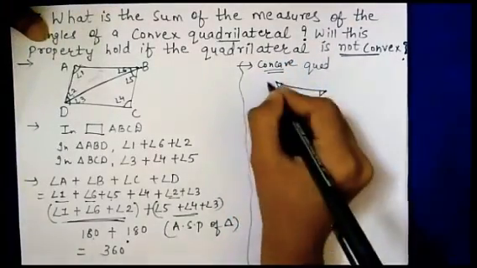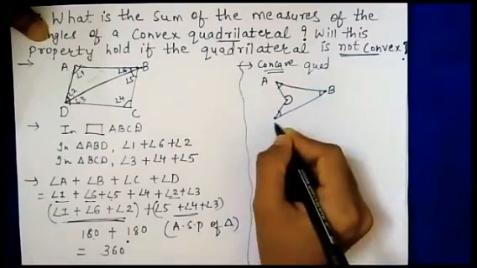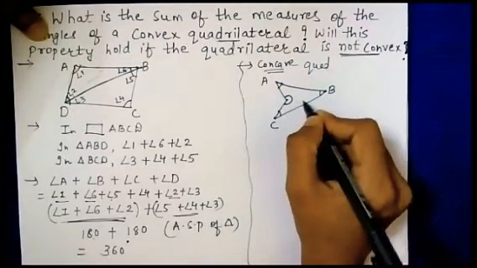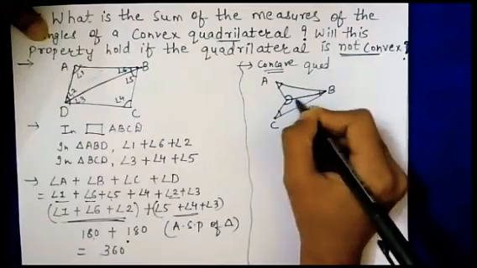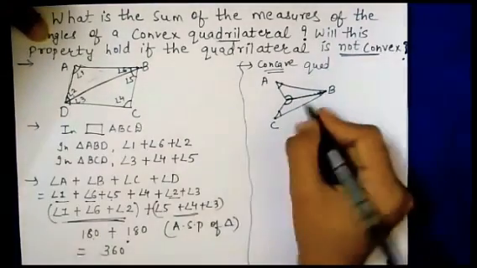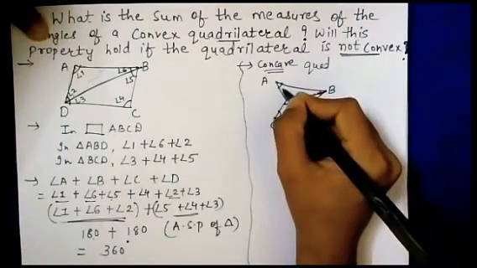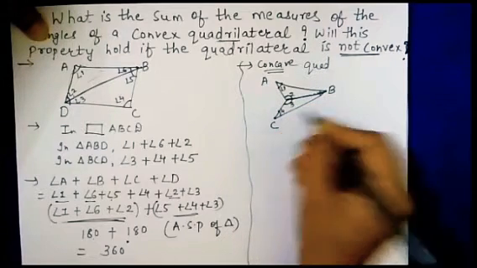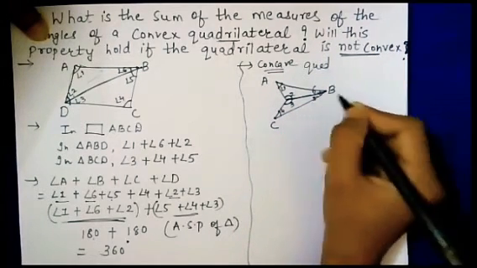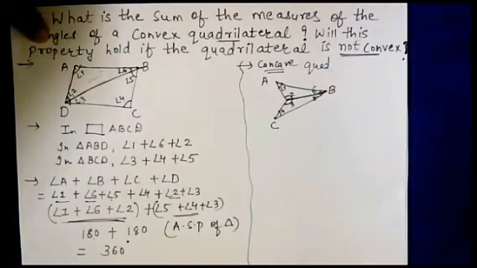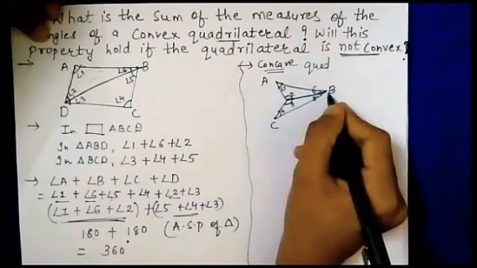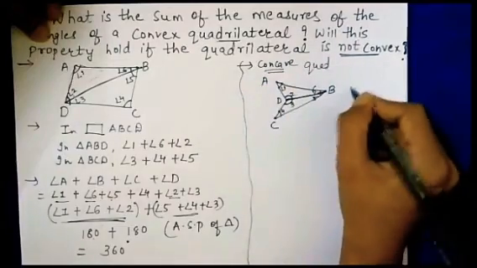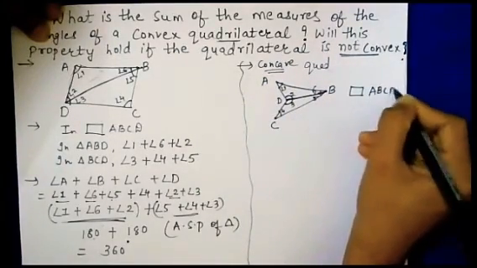Now we will check. So let us first name it A, B and C. Now again for proving this, we will divide this quadrilateral into two parts. So from here I will draw one line. Okay, now we have divided it into two parts. Again we will name the angles. So this is angle 1, this is 2, this is 3, this is 4, this is 5 and this is 6. So we have named the angles. Now again A, B, C and this part is D. Okay, so this is our concave quadrilateral ABCD.